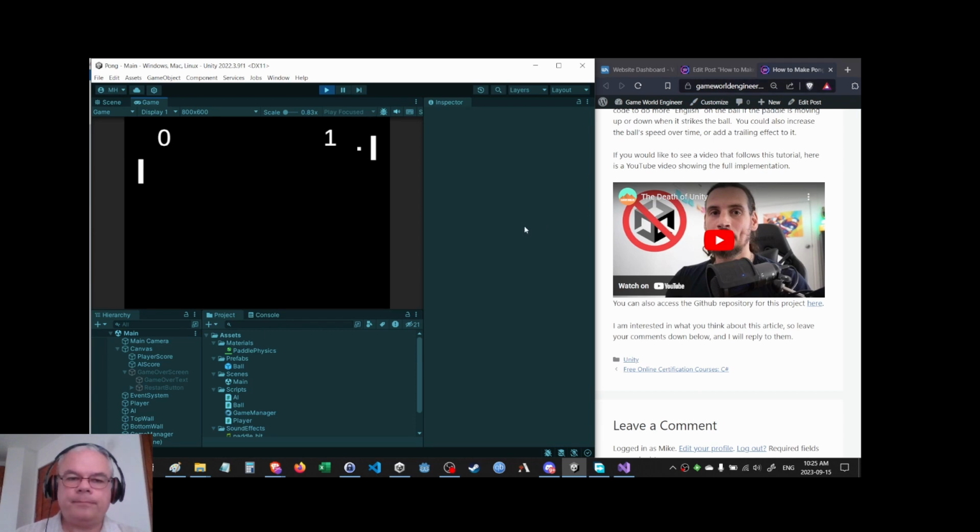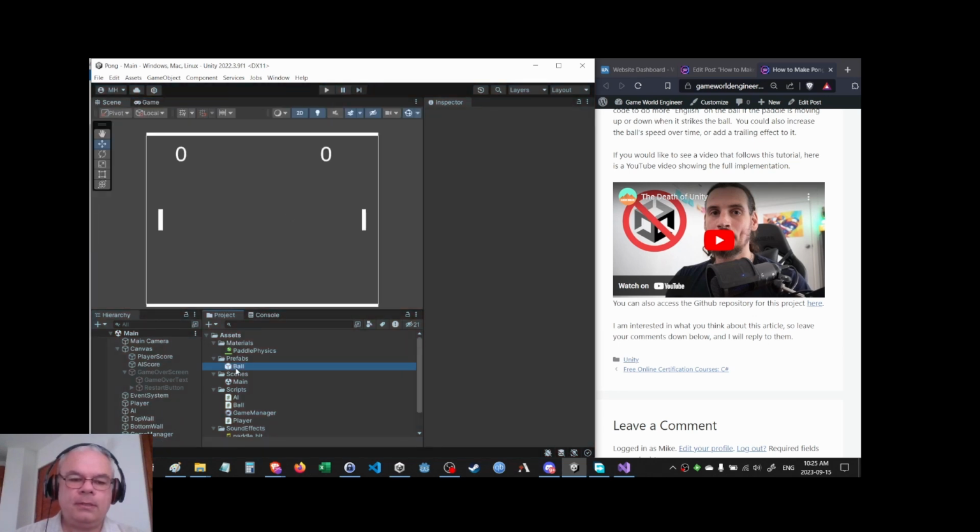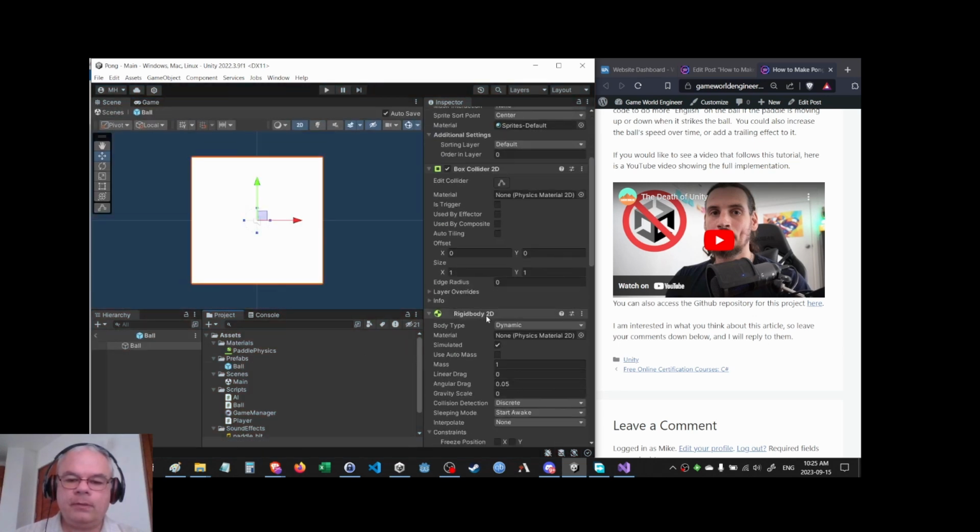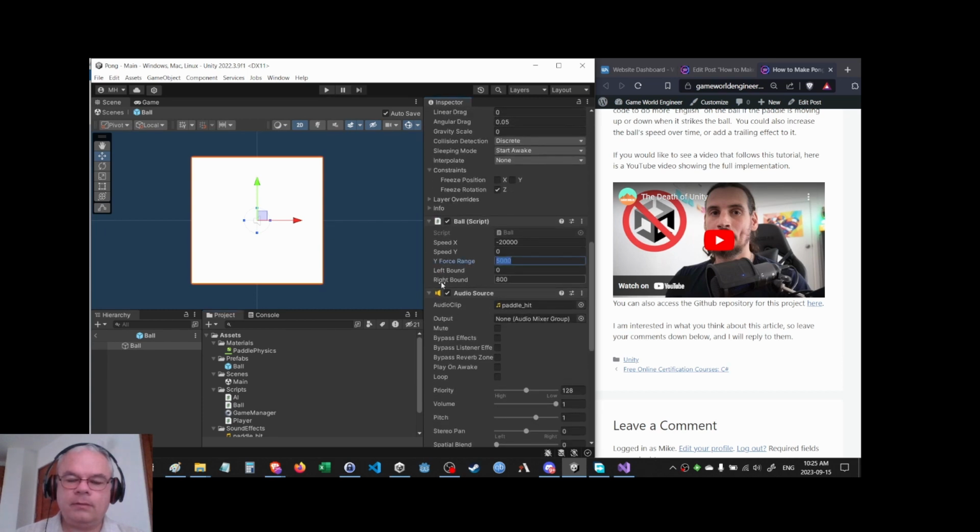And oh, look at that. It's going straight up and down now. Let's see what happens. Super slow. See, that definitely is a problem. It's because of this -5. It's the Y force range. So if it goes too low,